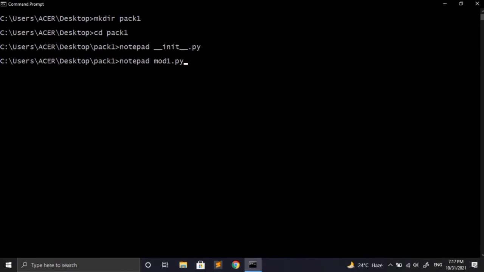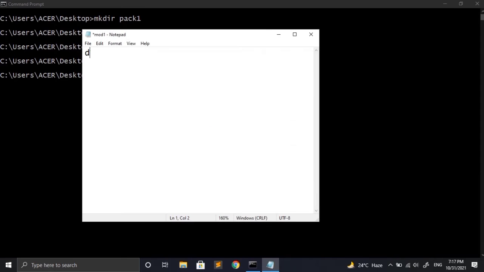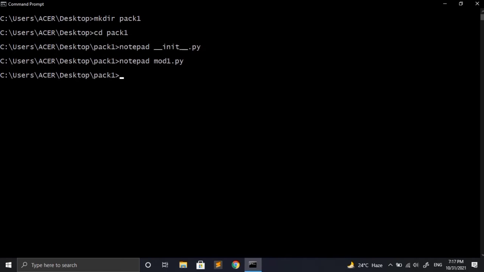So why are we making a package? A package is there to manage our modules, and because of that I am going to add a module in this package. We have already made so many modules in Python, and for that we need to use Notepad, and after that we need to give the name of the module with the extension py. Inside the module I am going to create a function, and that function will call the print function, and the print function will as usual print some text on the screen. So let's save it and close it.